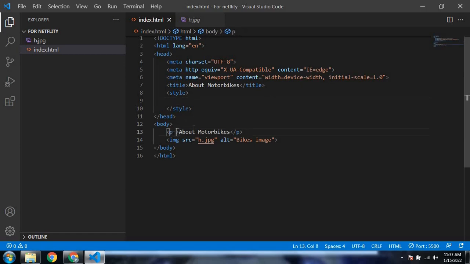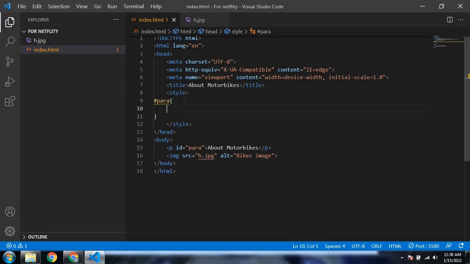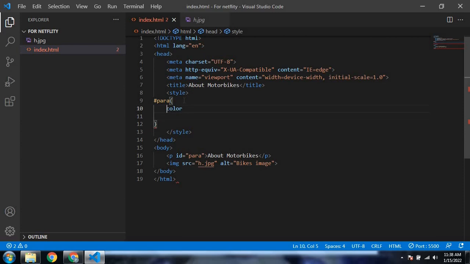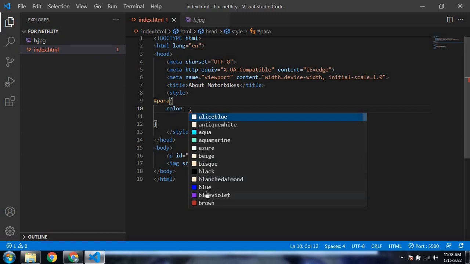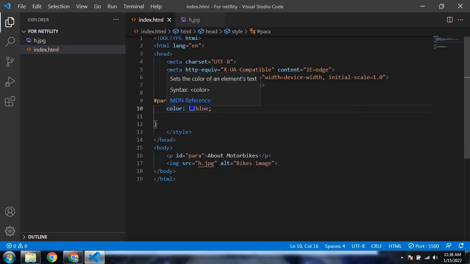First of all, let's give the paragraph an id. I don't give numbers in the id; if you give it, an error will come in CSS. Then I'll write here para, and then para curly bracket, enter. Then after I will write color. You don't need to type everything, just write color and all the options will come. I'll not write blue, I'll click on this blue icon,